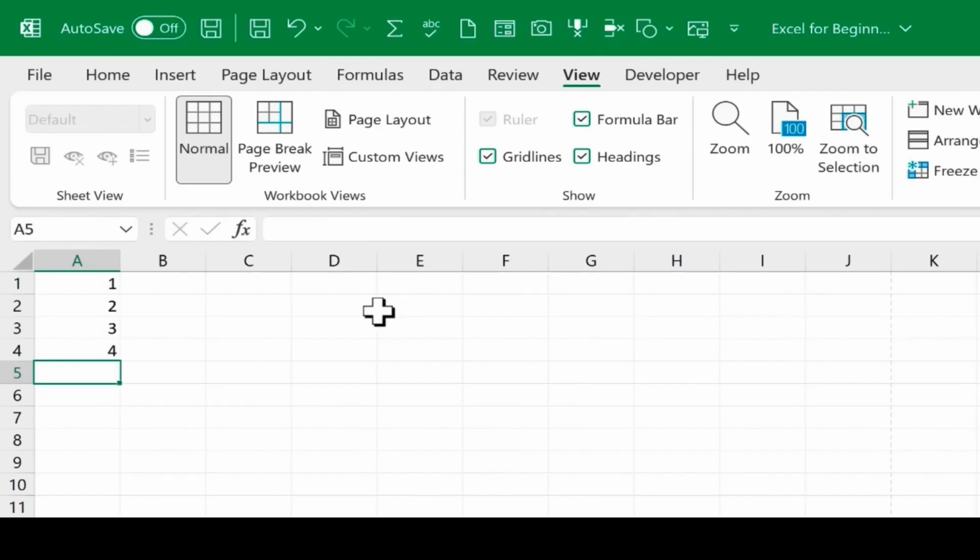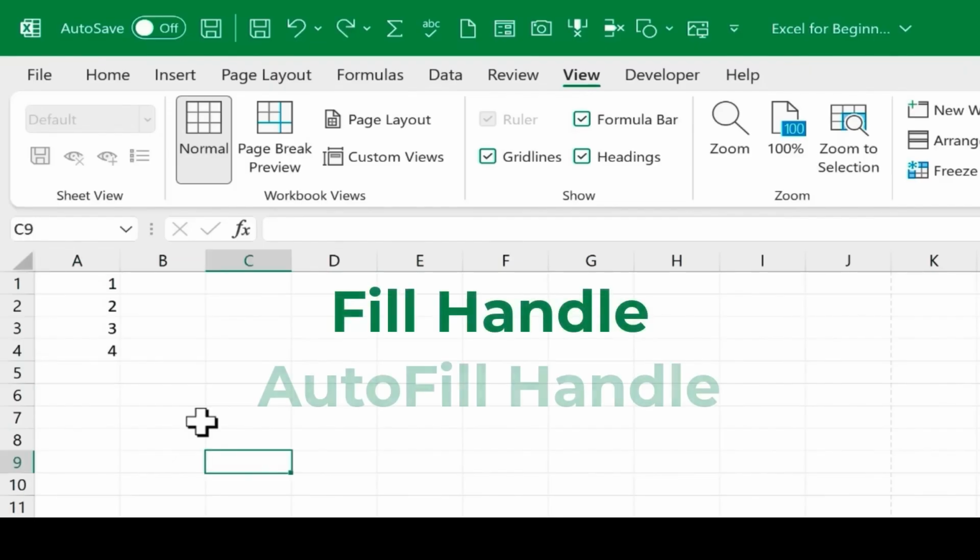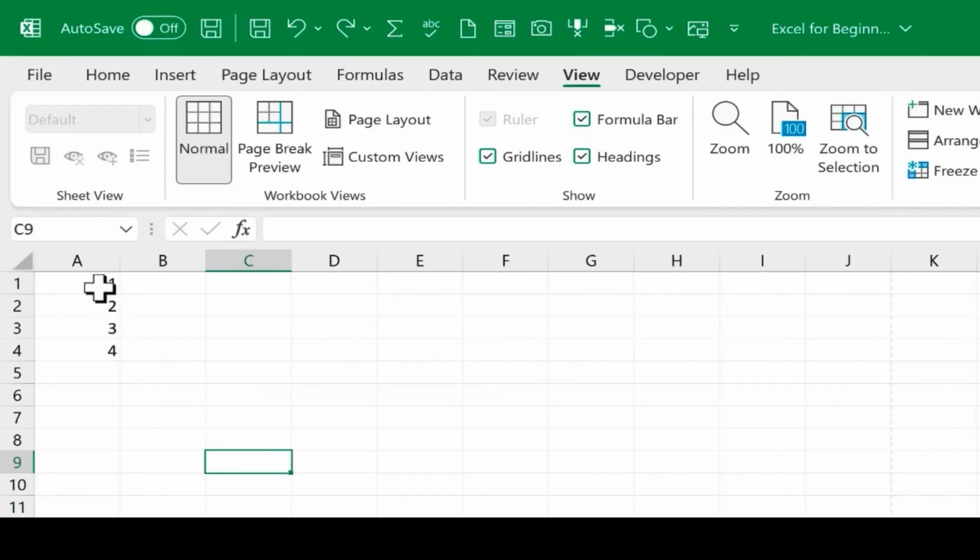Excel has a built-in feature to make this easier. There's something called the fill handle or the autofill handle in Microsoft Excel, and the way it works is that it identifies patterns and then extends those patterns. The pattern here is adding 1 to the previous number, so 1, 2, 3, 4. The pattern is clear. If I click and drag to select that range, A1 through A4, the pattern should be